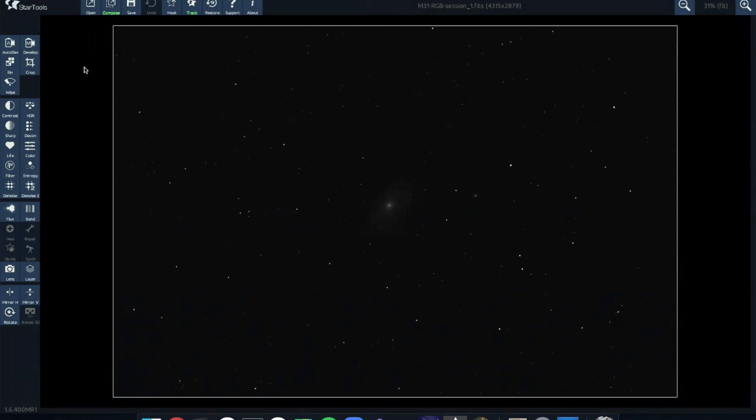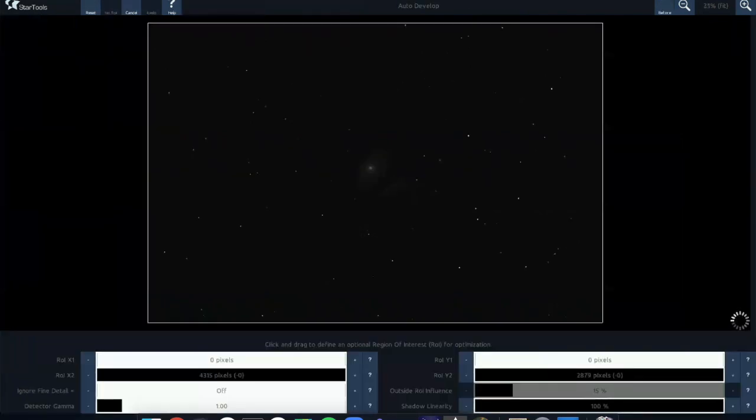And on the left-hand side here, there are some suggested different workflows starting from the top to the bottom. However, I'm going to go through the workflow that I used specifically for the Andromeda Galaxy. So auto develop, just going to click on that. And this is basically